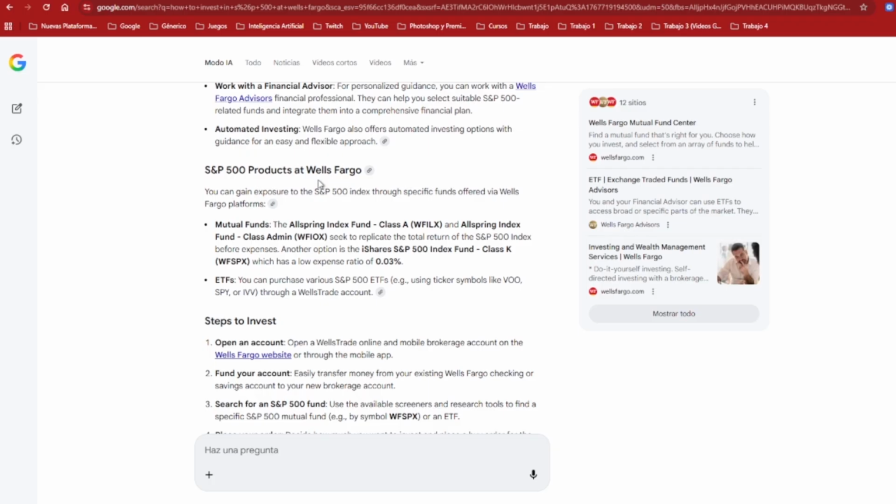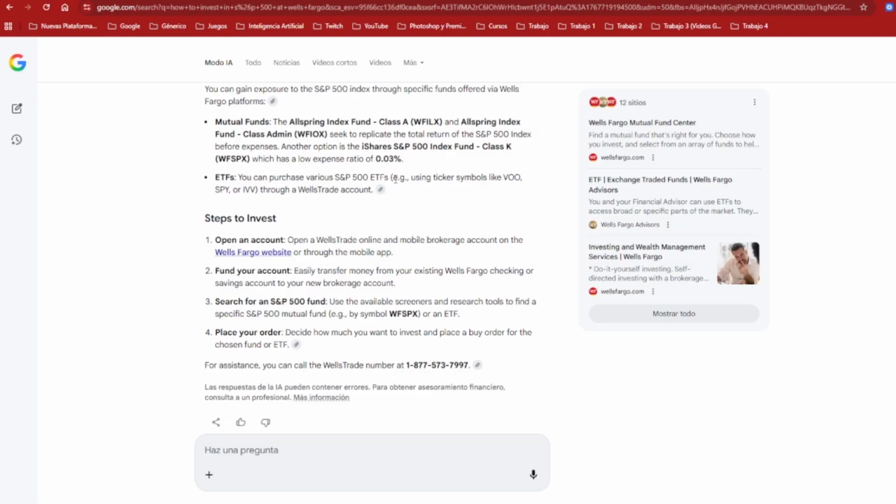S&P 500 products at Wells Fargo. You can gain exposure to the S&P 500 index through specific funds offered by Wells Fargo platforms. Mutual funds: the Osprey Index Fund, Class I, and the Osprey Index Fund, Class Admin, seek to reflect the total return on the S&P 500 index before expenses.